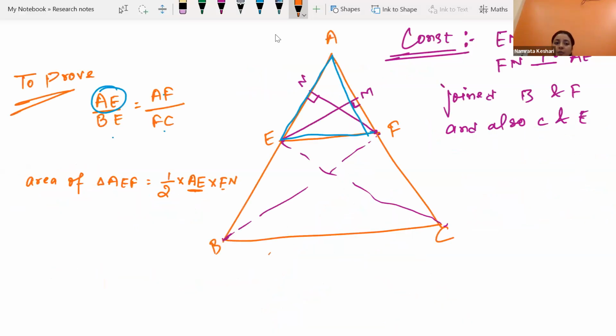अब डेनोमिनेटर में हम हमारे प्रूफ के डेनोमिनेटर में ध्यान से देखेंगे क्या है. तो हमारे प्रूफ पार्ट में डेनोमिनेटर में BE है. दैट मीन्स अब हम एक ऐसा ट्रायंगल चूज करेंगे जिसमें एरिया का फॉर्मूला यूज करेंगे और BE रहना ही चाहिए. ओके, या तो बेस या फिर हाइट, जो भी. सो कैन वी टेक ट्रायंगल BEF? We can take it, right? Triangle BEF,